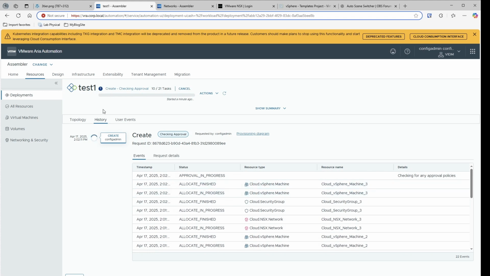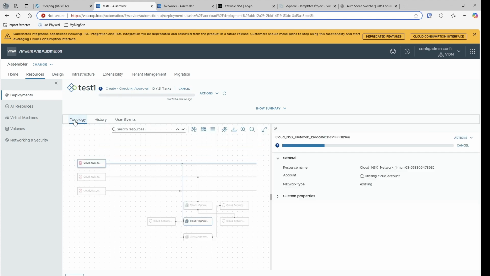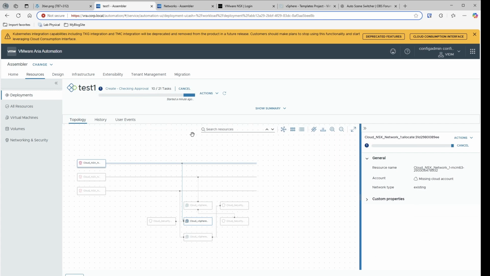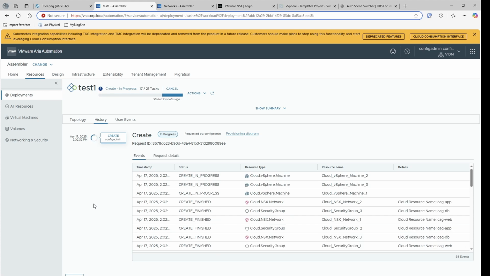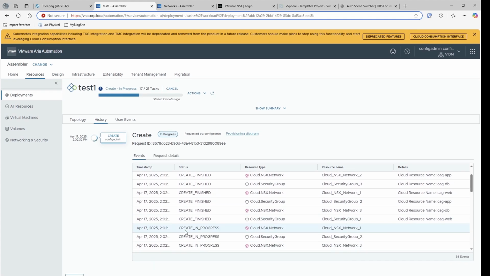So once all the allocations are done, in other words, this is where everything's going to go, then it goes to what's called an approval phase. I don't have any approvals configured, so it's automatically approved. Approvals are another topic for discussion, but long story short, if you wanted to open up Aria Automation for users to just deploy willy-nilly, you need to implement some sort of control to make sure that they don't fill up your underlying resources, overload your compute, storage, etc. So you would create approvals that get fired off. Once all of that takes place,